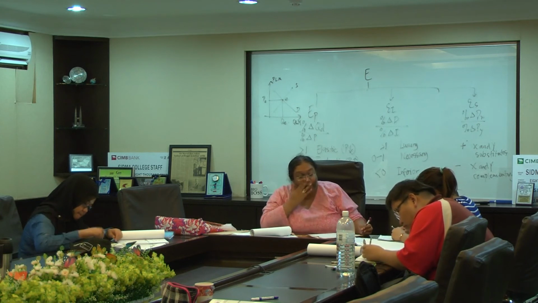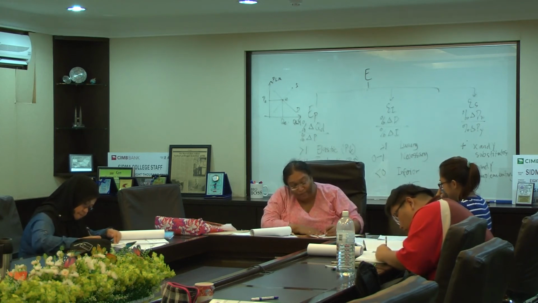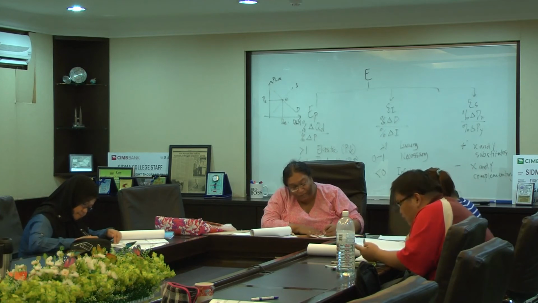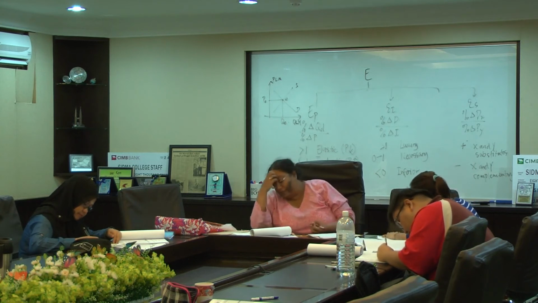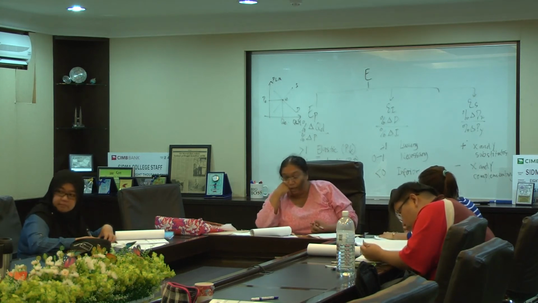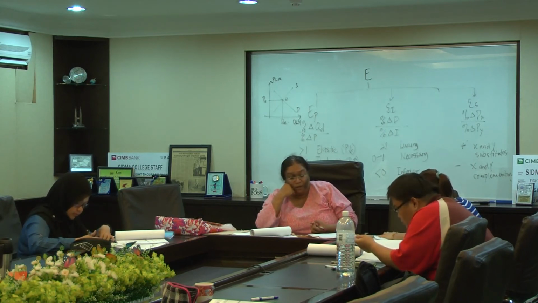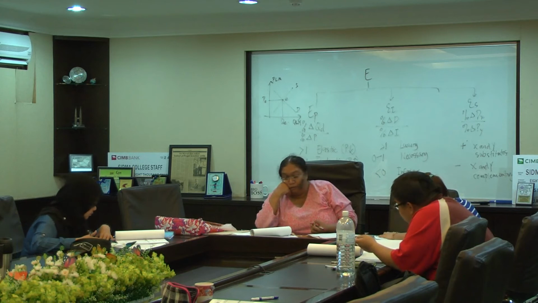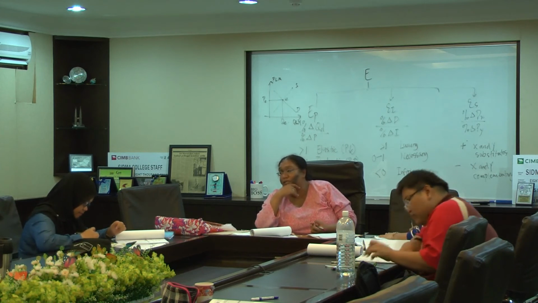Okay. Percentage change in price. So which one is the first price? 5 minus 11, divided by 11, times 100. From 11 to 5. Five is the new one. So 5 minus 11.